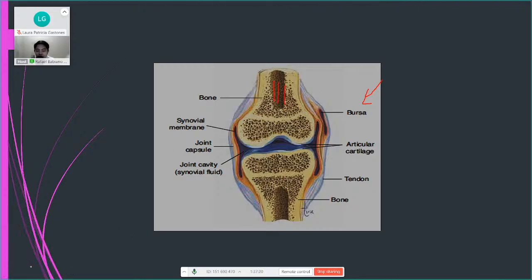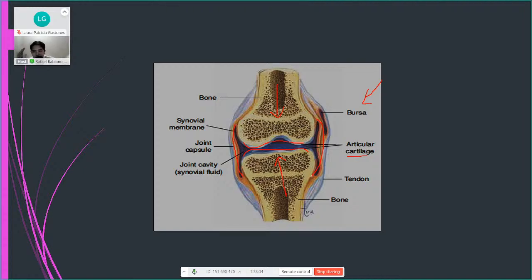Anyway, all of your synovial joints look like this. They have two bones, of course, connecting, and then there's a cartilage on the ends. Why? To prevent damage to the bone, because bones are hard, diba? If they contact with each other during movement, because they're movable joint, they rub towards each other, it will cause damage to the bone. So masakit, so may cartilage. And then you have the joint capsule. That is the one that encloses the joint. Kumbaga bag. It's like a bag.